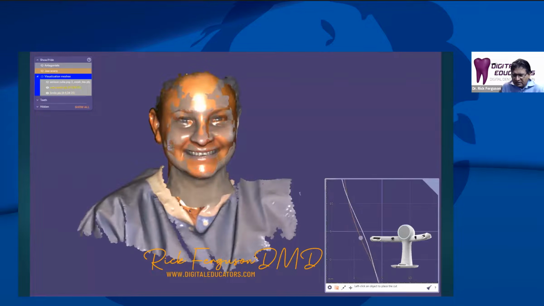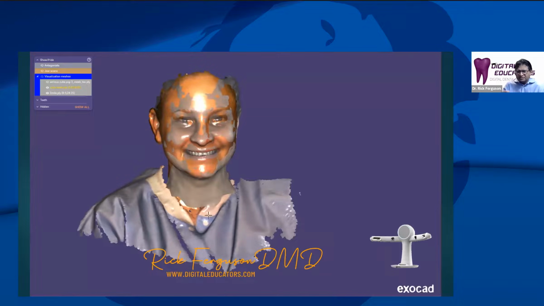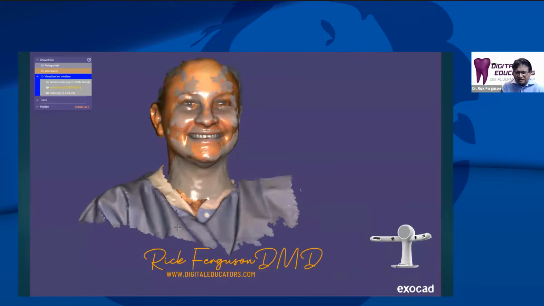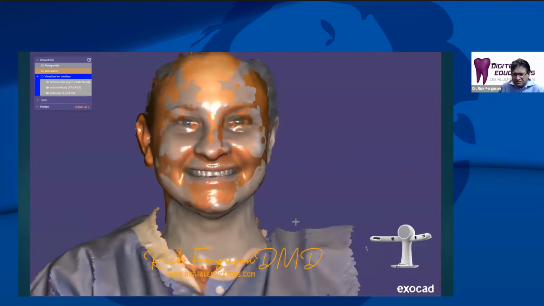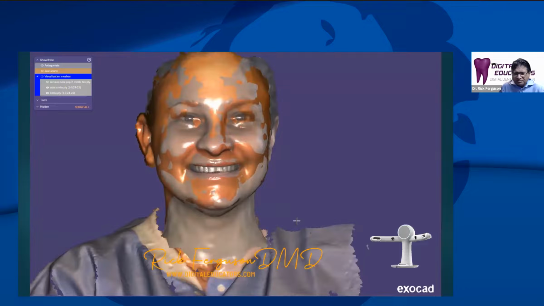The white line is from the Ray face scanner, and the orange line is from the Einstar. You can see they're pretty close. Of course, in some areas they're a little bit different because the patient has changed their facial structure a little bit between scans. I will say the teeth detail is extremely good on the Ray face